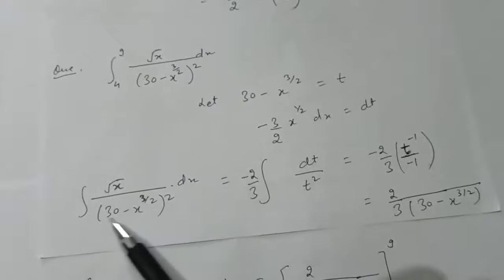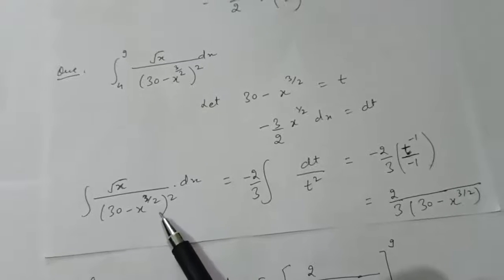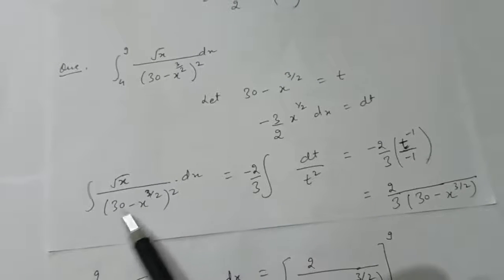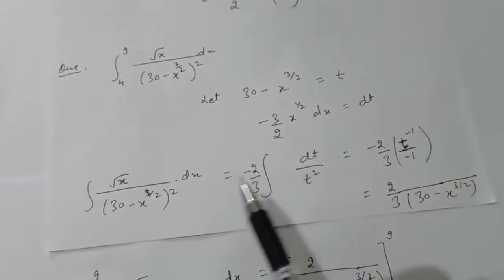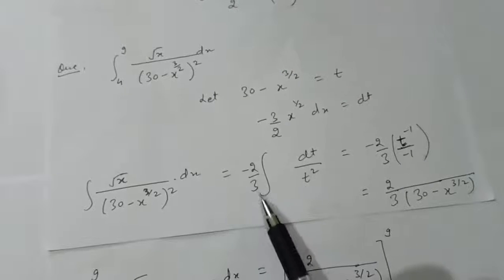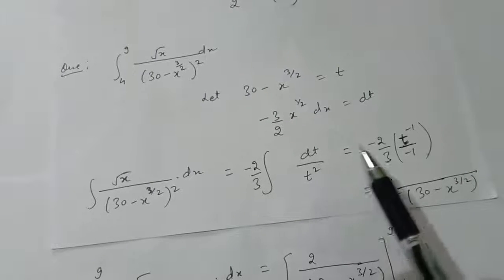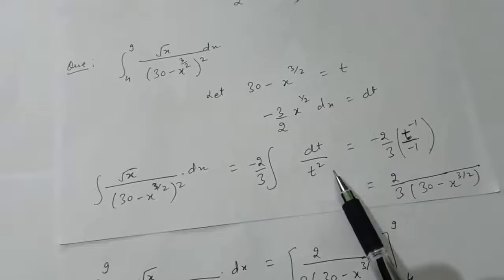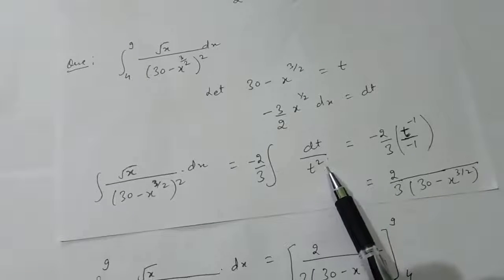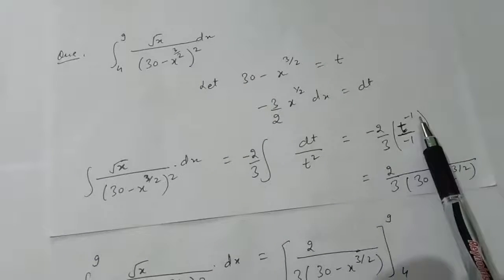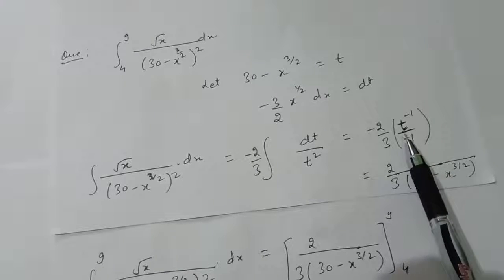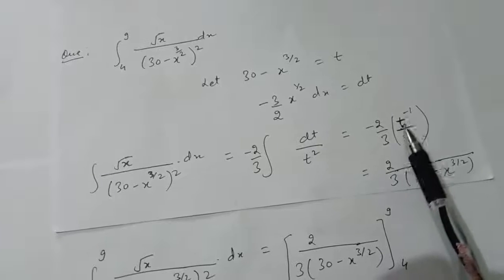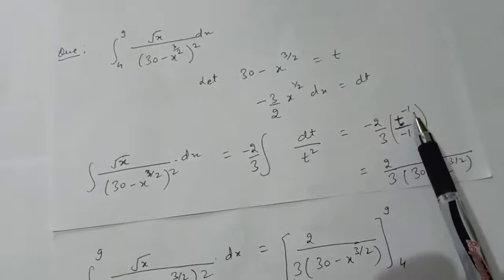Now first of all we will solve this indefinite integral, that is the integral of the given function, which is equal to, in place of this you will get t square, and in place of root x into dx you will get minus 2 by 3 into dt, right? Now this will be equal to minus 2 by 3 into the integral of t raised to the power minus 2, which is t raised to the power minus 1 upon minus 1. So this minus minus will get cancelled. You will get 2 by 3 into t raised to the power minus 1, which is 1 by t,